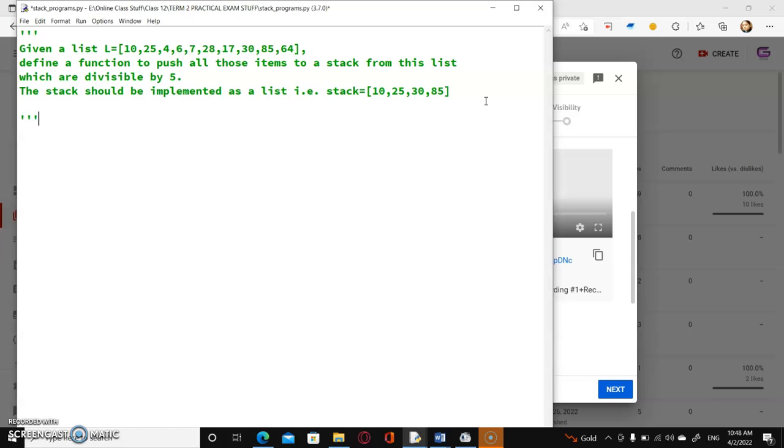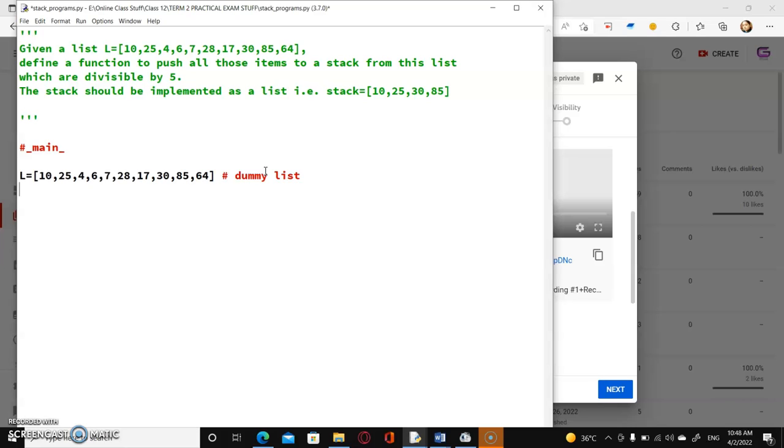Now for doing these kind of questions, the very first thing is I'll start with main, and first I will start with initializing the list. So already the list is given in the question. Just you can paste this first to check. This is a dummy list which I am creating, just to check whether my program is working properly or not,